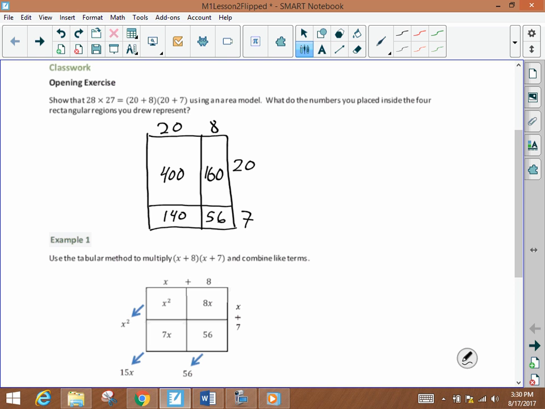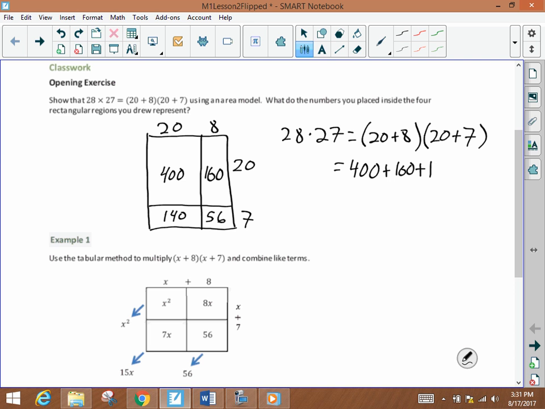So essentially, we can write that 28 times 27 is equal to 20 plus 8 times 20 plus 7, right? Which is going to be the same thing as adding up all of those separate areas. There it is. Which is going to be